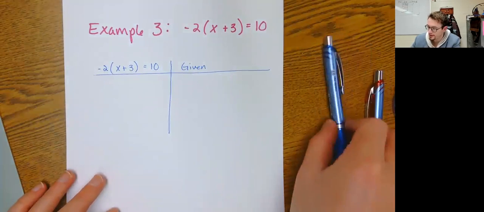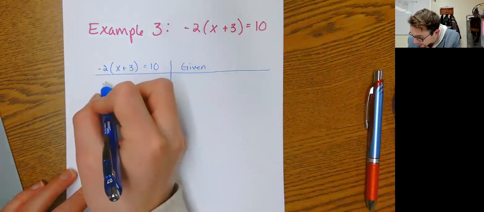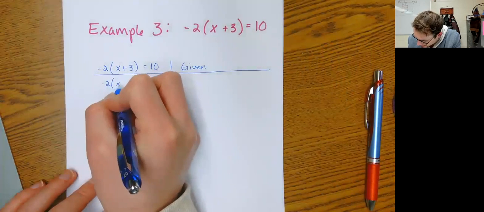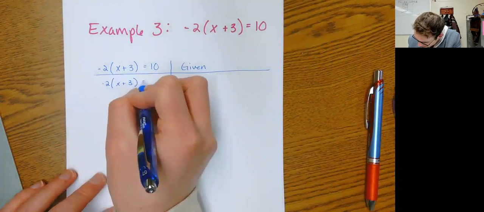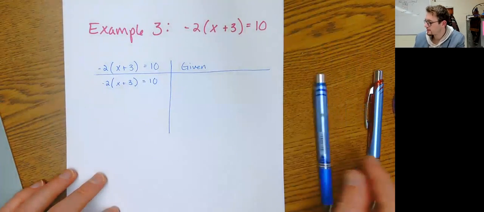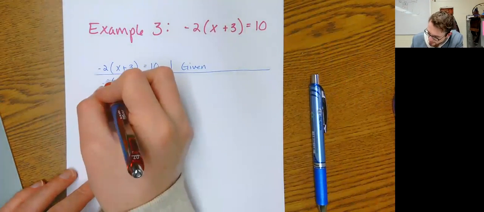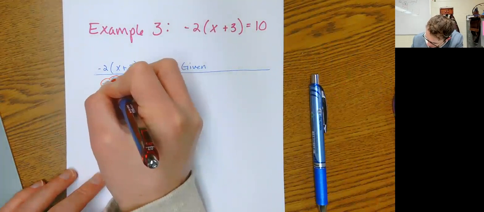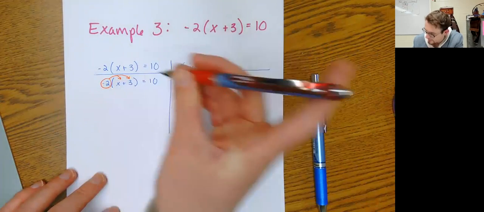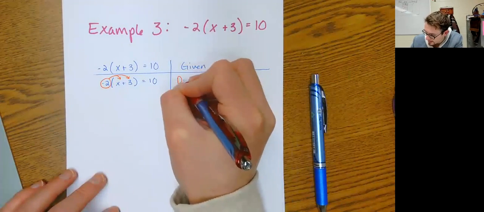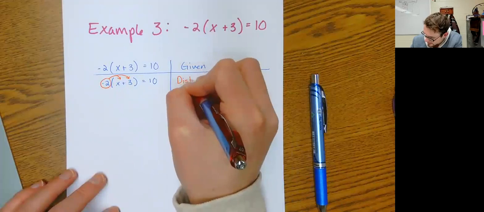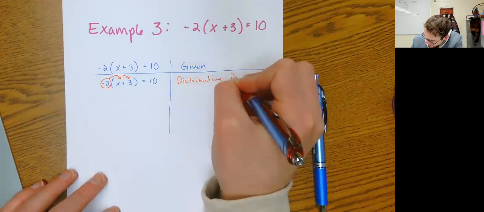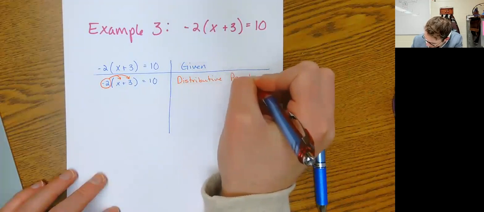Well, what I would do is I would write -2 parenthesis x plus 3 equals 10, but I would put a circle around this and then over here I would say distributive property,